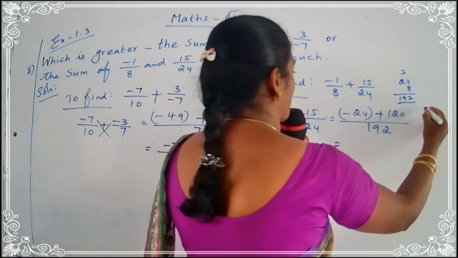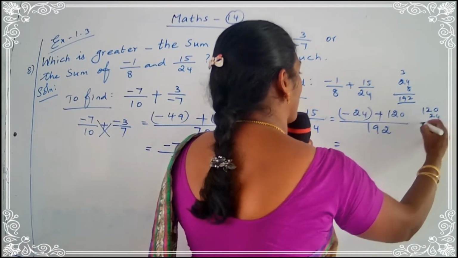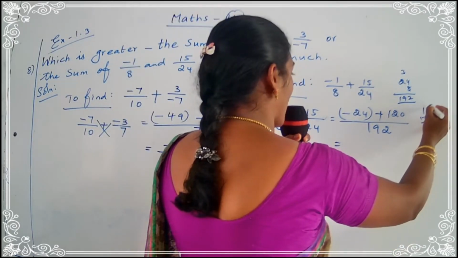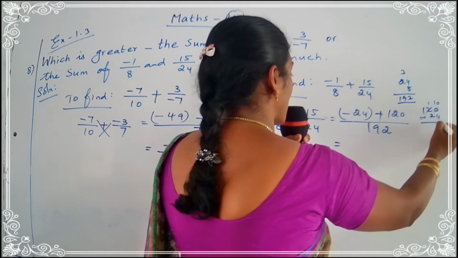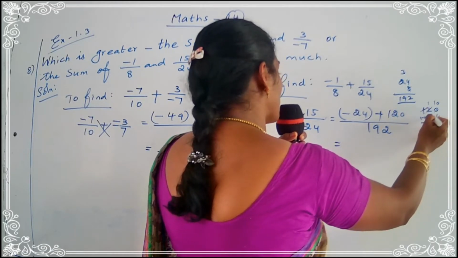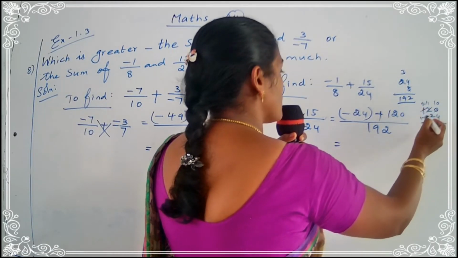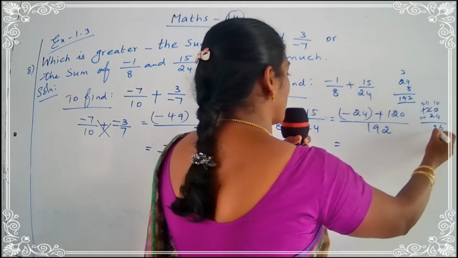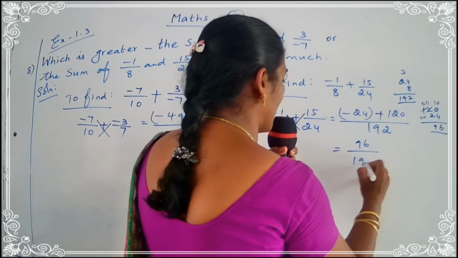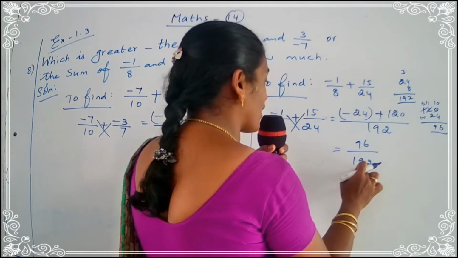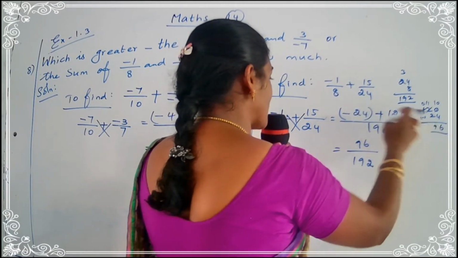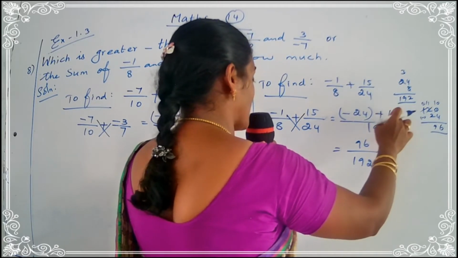Yes children. So difference means greater number minus smaller number. So 120 minus 24, how much? 0 minus 4 is not possible. So you come here and borrow. So 10 minus 4 is equal to 6. Next, 1 minus 2 is impossible. So you come here and borrow. So 11 minus 2 is equal to 9. So your answer is 96 upon 192, positive value only. 120 minus 24 is 96. The greater number's sign is positive. So that's why your answer is